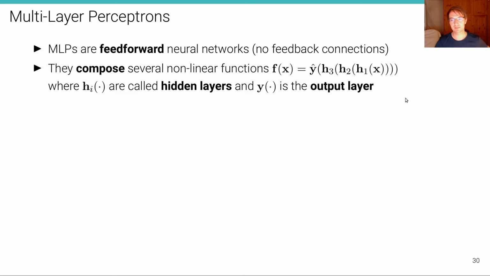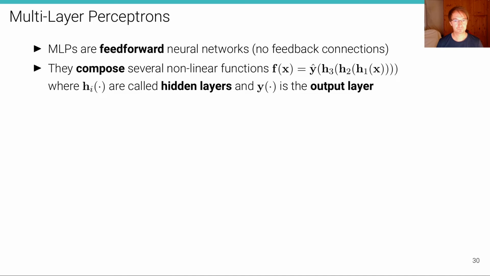So here you can see an example. We can consider a function f of an input x that is decomposed as a function of hidden layers. So first x is input to h1, and then the output is input to h2, and that output is input into h3, and that output is then input into y hat. So the last layer, the output layer, predicts the